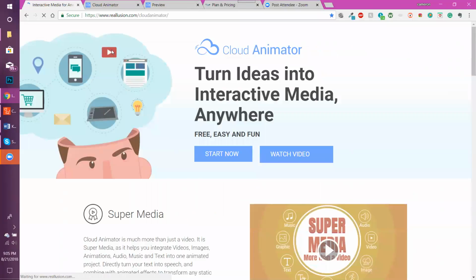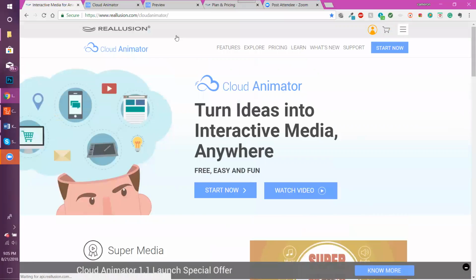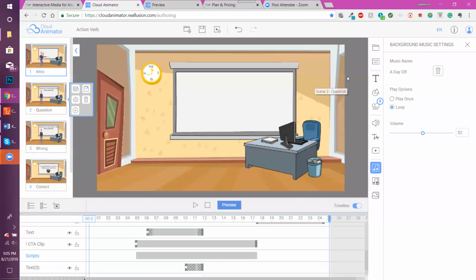Okay, so there's an anonymous attendee who says, how can I do this without CTA3? Well, maybe he just showed you. Here's the thing. Let me go into my Cloud Animator. Now, if you don't have CTA 3, again, you can get it for free if you subscribe to the business plan. However, if you don't have CTA 3 and you want to use animated GIFs,